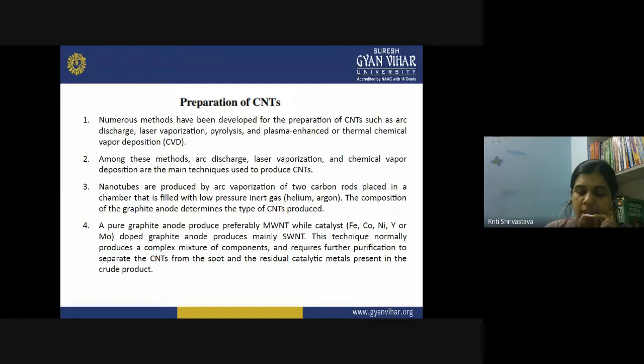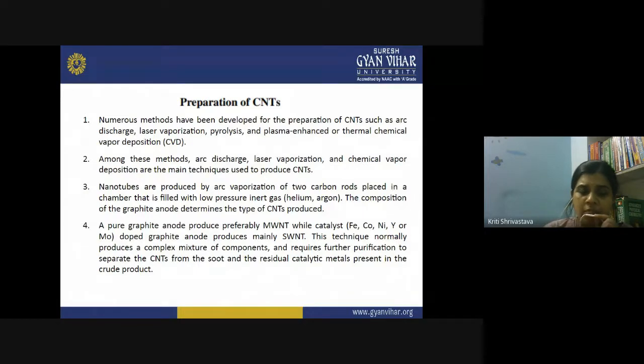Now it is not only composed of single walled or multiple walled nanotube, it may also contain some other type of carbon particles, and they may or may not belong to the nano range. So, for any type of research purpose or analysis purpose, or if you are constructing an electrode using that nanotube, the first thing one has to do is purify the soot. You have to separate the nanotube of your desire. Like if you want only single walled nanotube, you have to purify that soot, and you have to collect the nanotube of your choice.